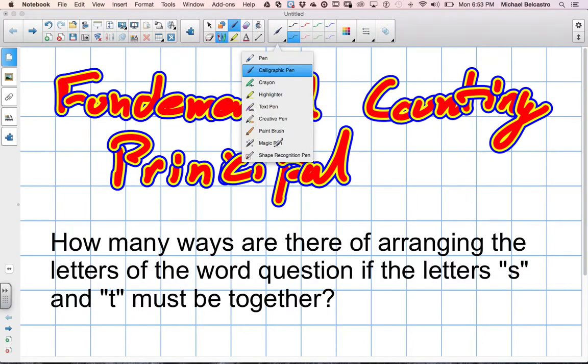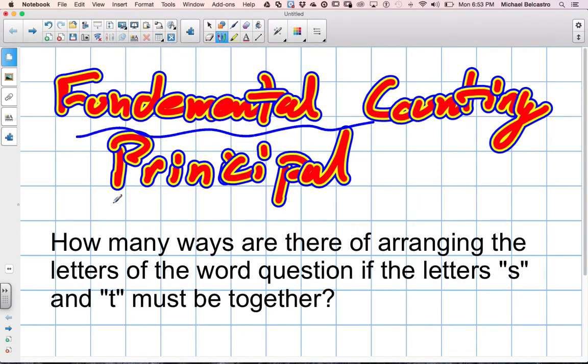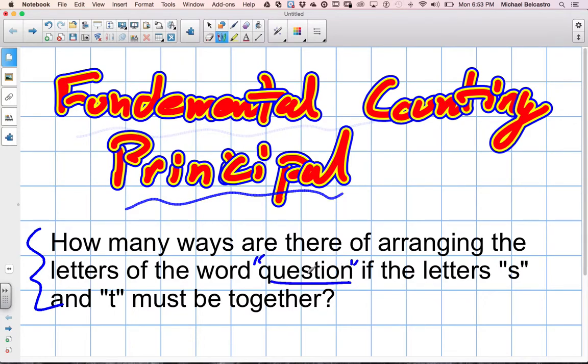This is a question about fundamental counting principles. So this is kind of setting up things logically. Our question asks, how many ways are there for arranging the letters in the word "question"? I should have put that in quotes. Okay. If the letters S and T must be together, which they are in the word question, the first thing